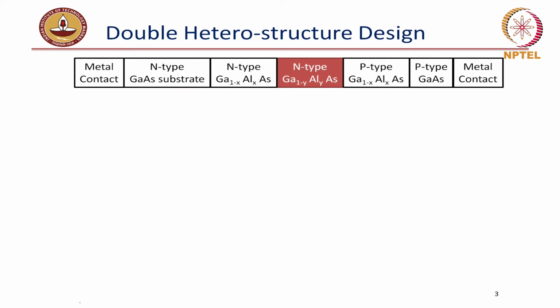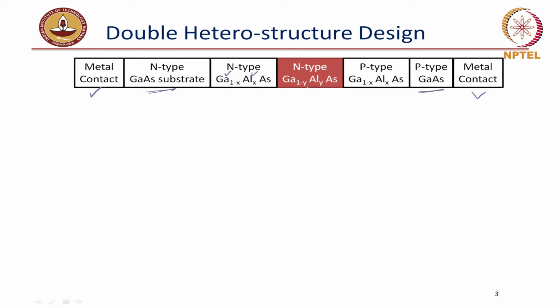So this is how the structure looks. On either side you have the metallic contact, and then you have the gallium arsenide substrate. On one side you have n-type doping, and on the other side you have p-type doping. So this is forming the p-n junction. But just before you allow these n-type and p-type materials to come together physically, you also do band gap engineering, which is you basically change the molar concentration of gallium versus aluminum on one side,